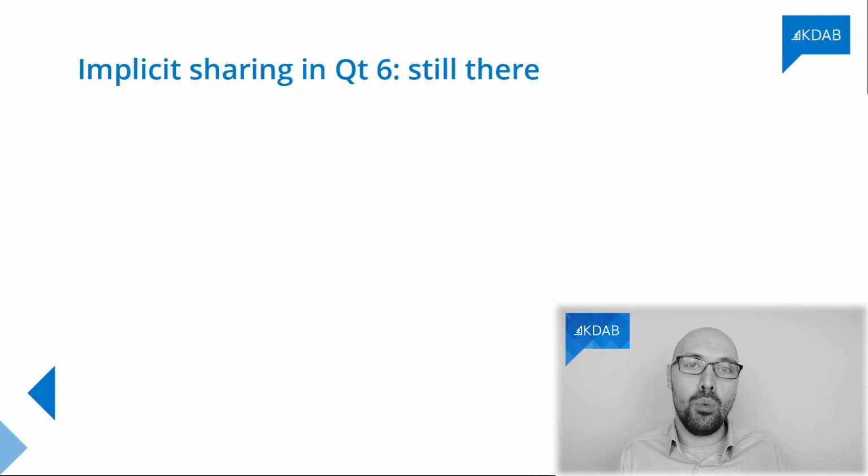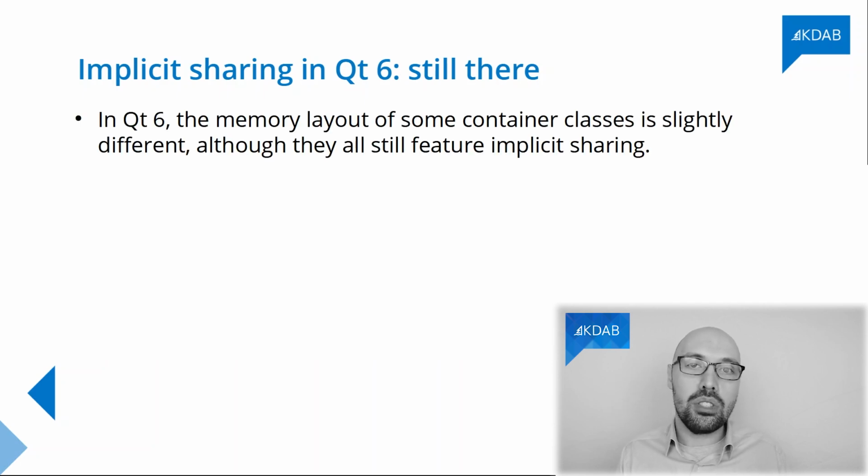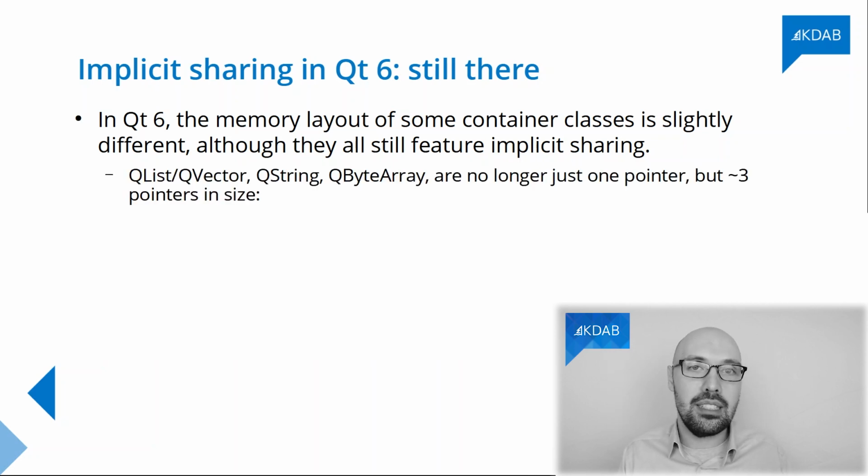In fact, if you're wondering, did Qt at any time decide to move away from it? Sure, the temptation is there, but no, Qt is not moving away from it. So even in Qt 6, Qt still has implicit sharing in all these classes, all the containers, most of the value classes. They all feature this. There have been, however, some minor changes to the explanations that I just gave to you. Specifically, things such as QList, QVector, QString, these kinds of classes are no longer just one pointer inside, but as a little trade-off there, their size has grown a little bit.